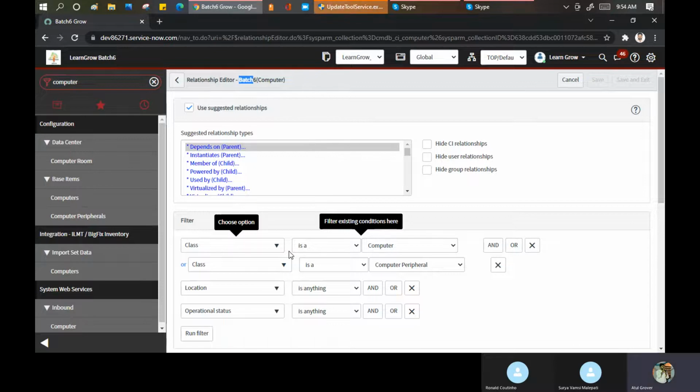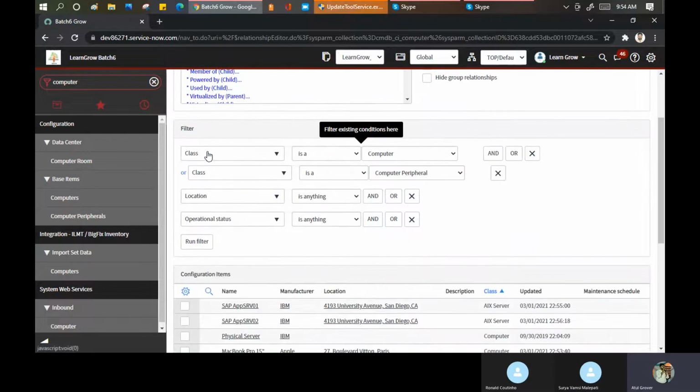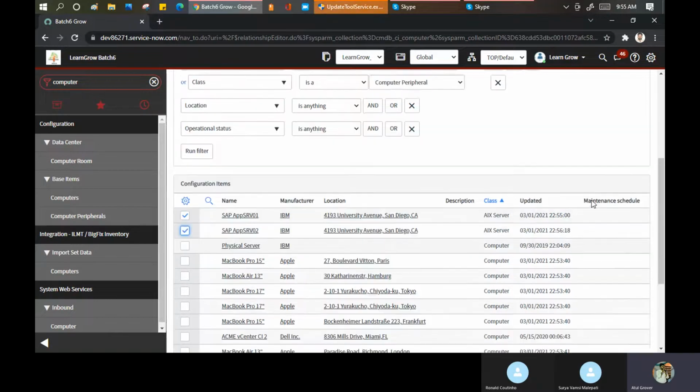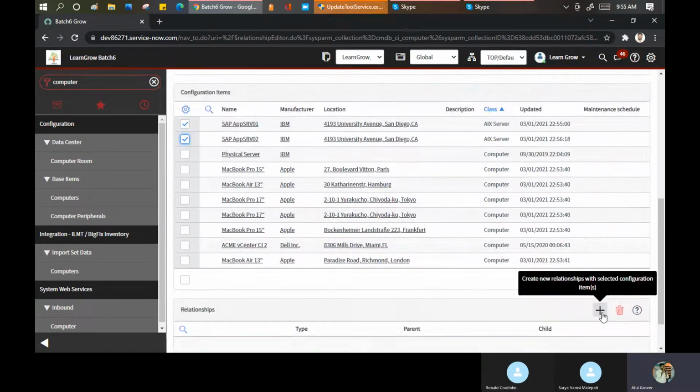Because the parent of a computer will be a computer; it cannot be a mouse or a keyboard, but it can be a peripheral. So let me put the class as computer peripheral, and build a relationship like this. These two. And now I click on the plus icon here.